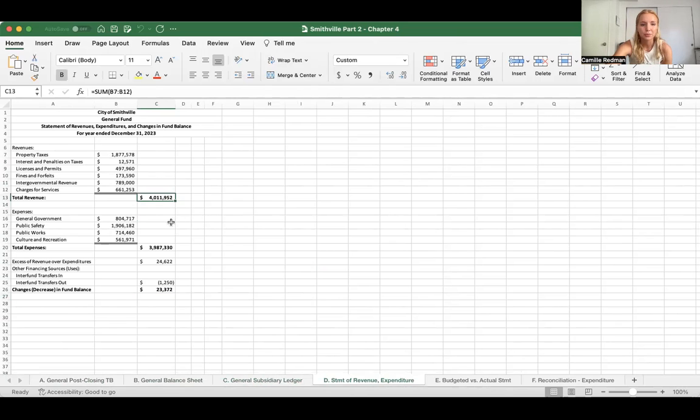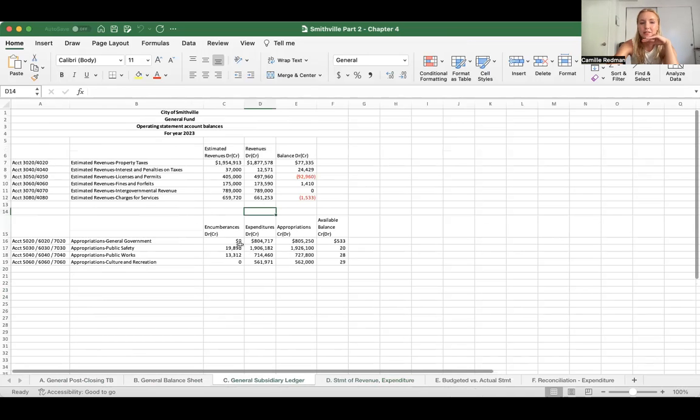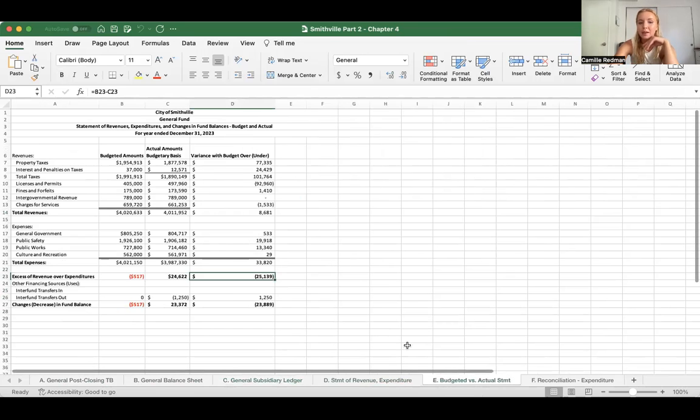So I ended up with total revenue, expenses, and then after considering the interfund transfers out from that loan to a different fund, which is I think the last journal entry before the closing, I ended up with 23,372 for my change in fund balance. And then using this one and this operating statement account balances that had the estimates, I made this